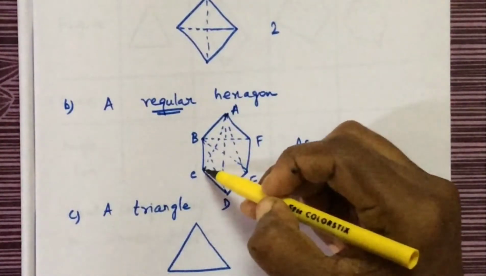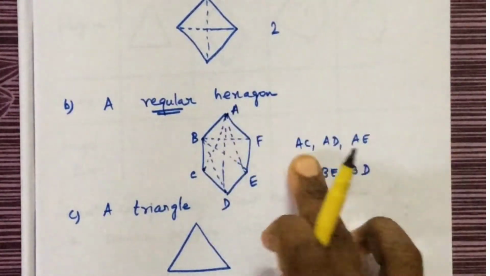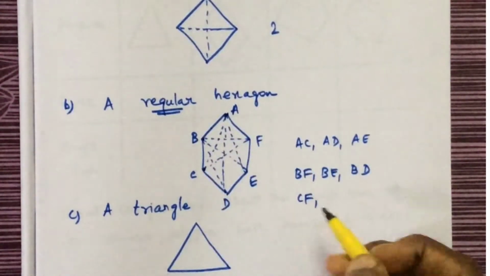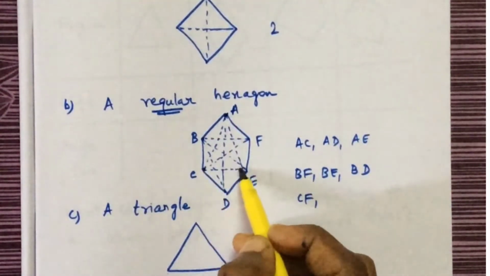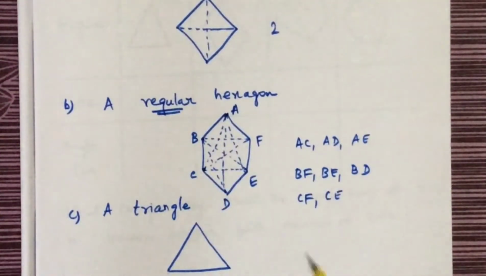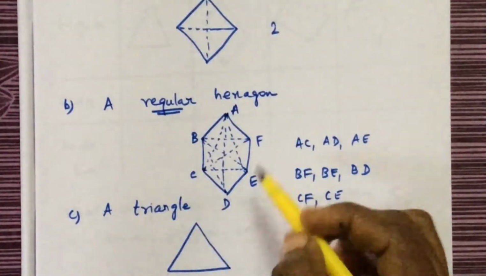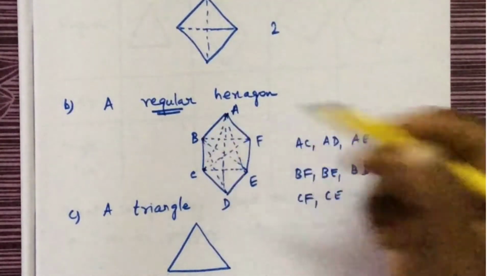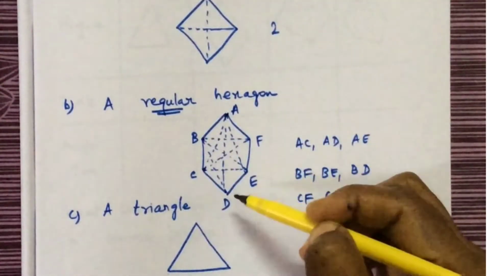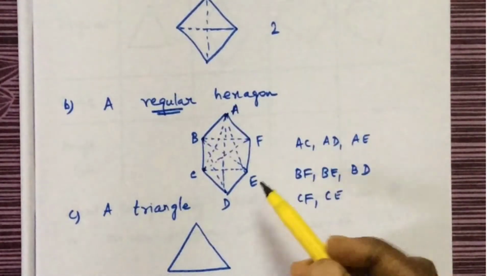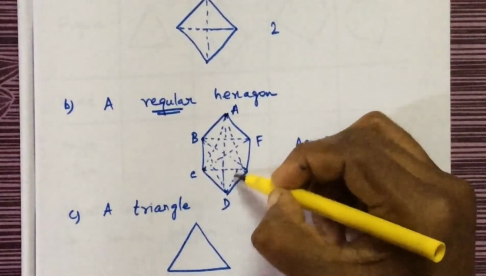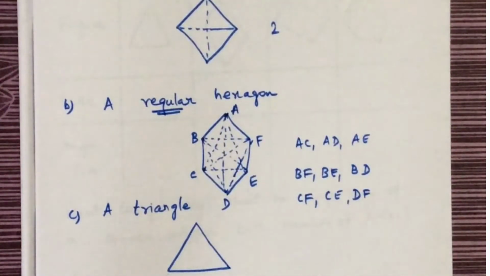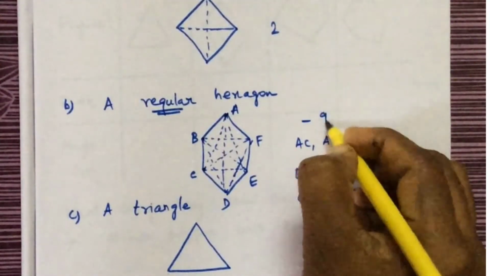So, from C, CA is already there, AC is there. So, now it is CF and CE. Okay. Now, again if we start from D, other than that I have to draw DB, which is already there, which is BD, and DA is already there, and DF. Okay, remaining all over. So, totally there are 9 diagonals here.